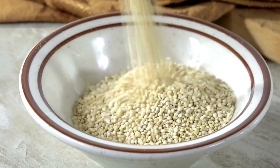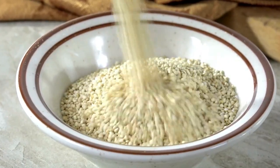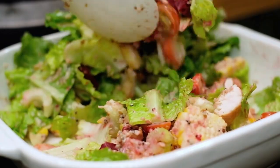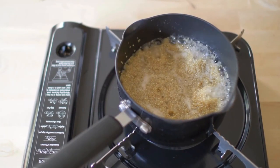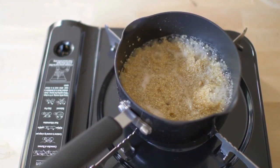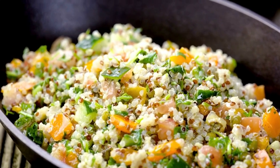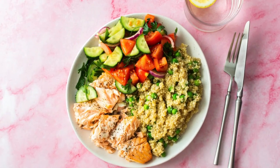Quinoa is a versatile grain that is high in protein and can be grown in various climates, making it a sustainable choice. For a delicious quinoa salad, cook the quinoa according to package instructions and let it cool. Roast a selection of vegetables, such as sweet potatoes, zucchini, and bell peppers, with a drizzle of olive oil and